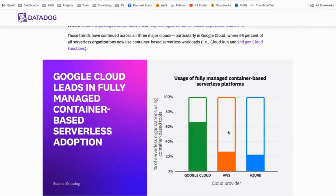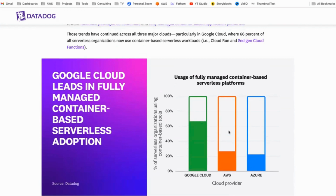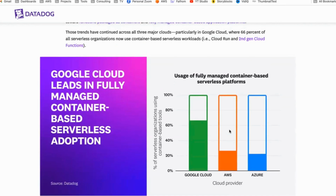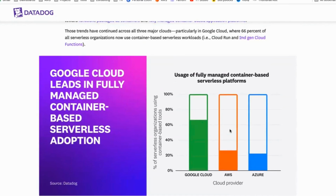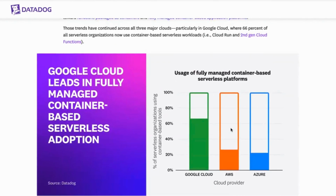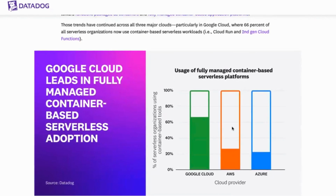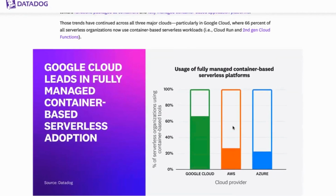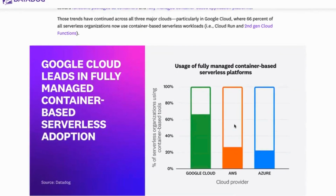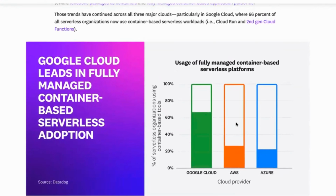As a second mover into the space, they have a lot of advantages. Cloud Run is able to learn from Lambda, and of course other things Google has done, like Google Cloud Functions and Cloud Run V1. But I do think what's called out here is extremely indicative of why that growth is so high: container-based serverless platforms really simplify adoption and migration. If you already have a container that you're deploying to a K8s environment, and you see, okay, this thing is barely running at all, we can probably offload this and run it on demand, it's very easy with something like Cloud Run or App Runner or Azure Container Instances to move that stuff over